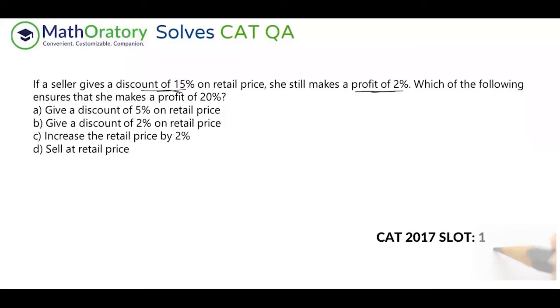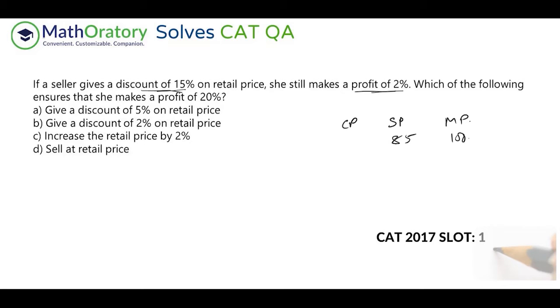I just relate three things here: cost price, selling price, and marked price. First of all, what I know is the discount is 15%. So given that 100 is the MP, 85 is the SP, so this is a ratio. If you want, you can write this as a ratio itself, but I'll just use the numbers here. Things written on the same level indicate that these two numbers are related to each other.